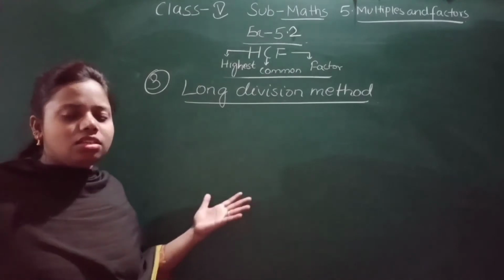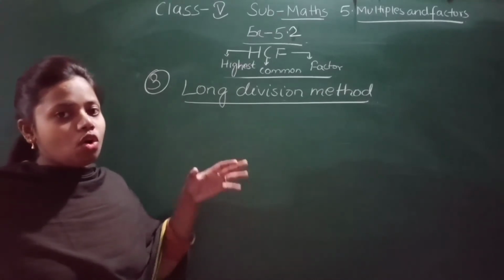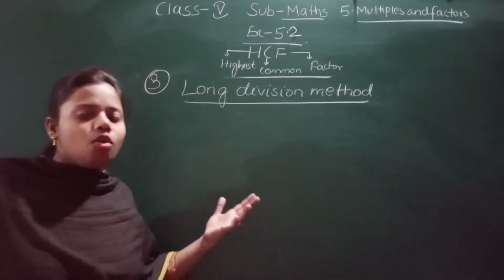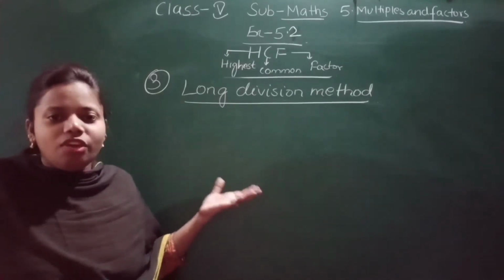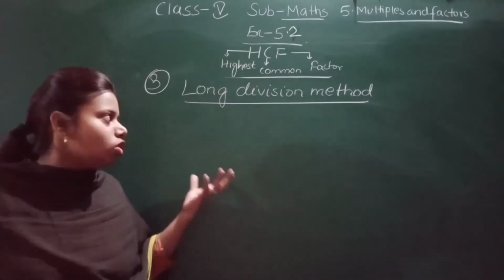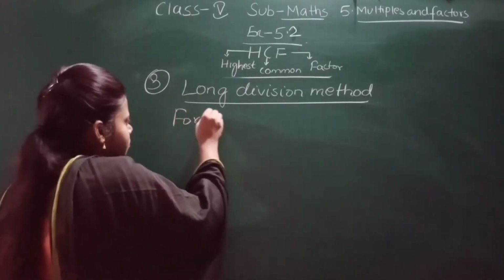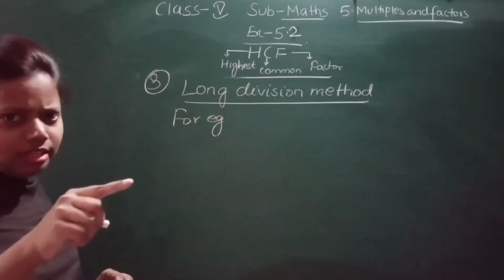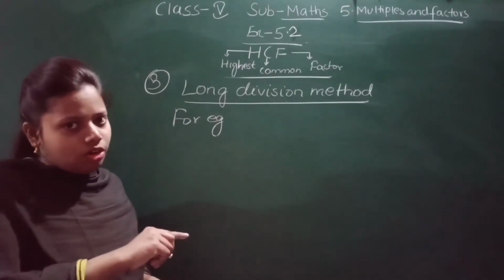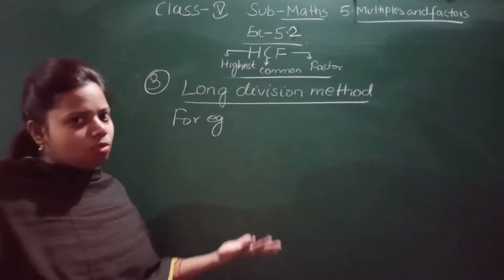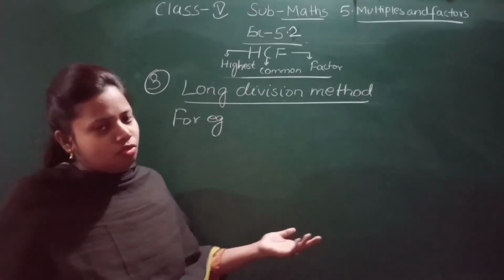Now let us do the long division method. Here we are going to find the SCF by long division method. You already know long division, how to do the division step by step, so we are going to use that only. This one is very easy and very interesting also. You will enjoy this because you are already familiar with this division. So let us start. For example, in my first case I have taken 36 and 48. Let us see whether our SCF is the same or not. It will be the same, because whichever method you use, your SCF will be the same.